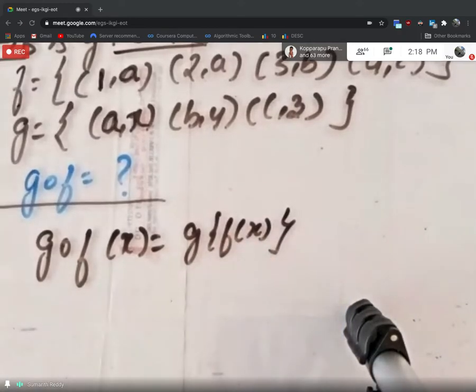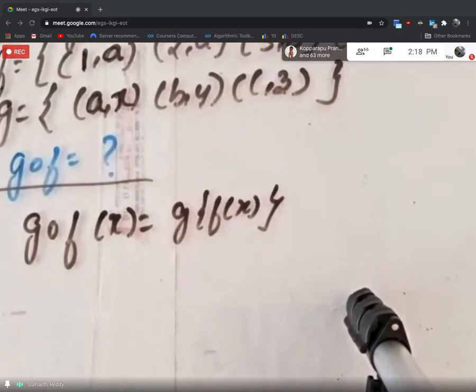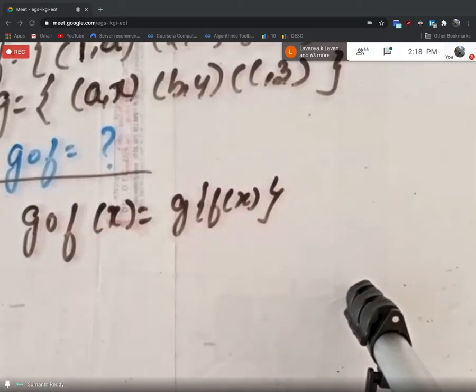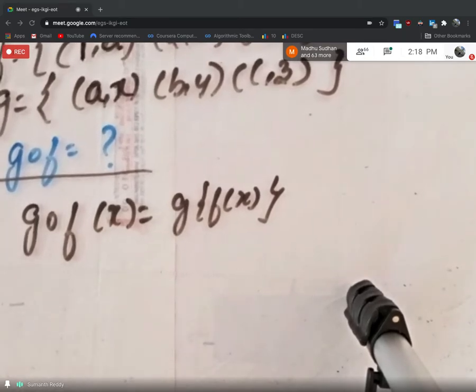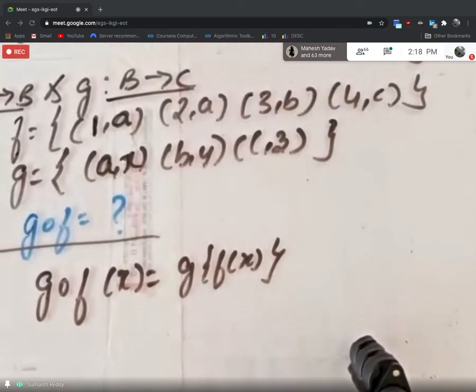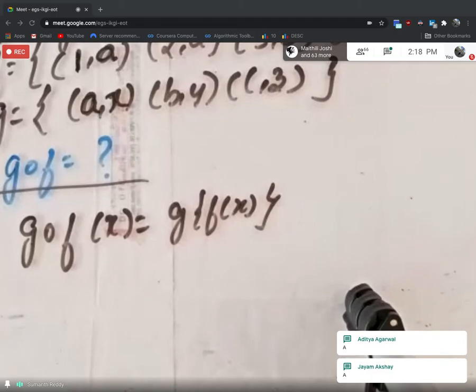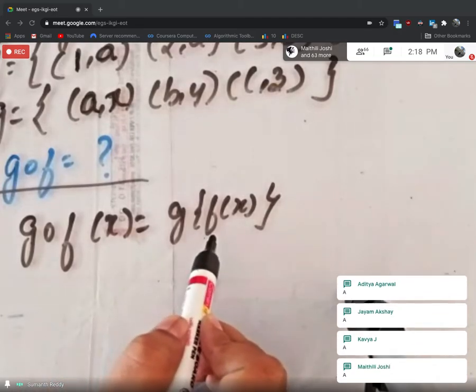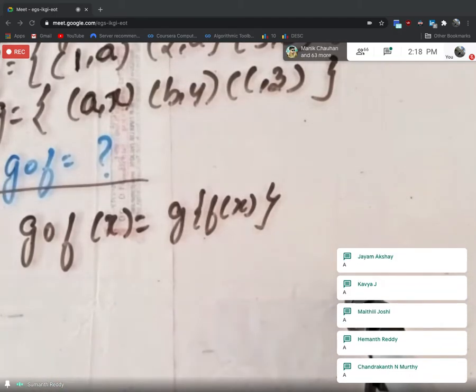In the case of the function F, students, can you tell me which is the domain for the function F? Which set is the domain? We have 3 sets here: set A, set B, set C. Out of the 3 sets, which set is the domain for the function F? Because always I have to think about the first function that will be applied. Exactly, very good. Set A is the domain.